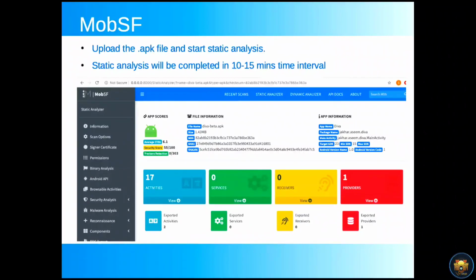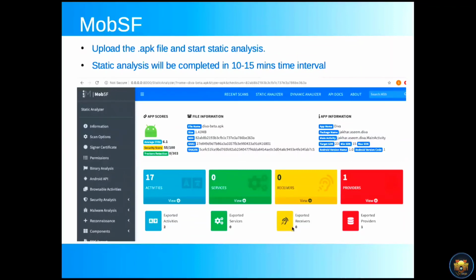After analyzing, the interface looks like this, with all the details of the file: file name, hashes of the file in different formats, MD5, SHA-1, SHA-256, package name, main activity, and which SDK is targeted, maximum 23 and minimum 15, and more detail. It also gives information on how many activities are present, 17, and how many providers there are.